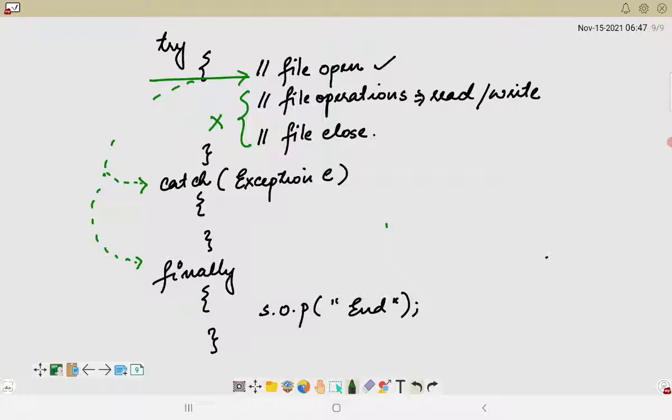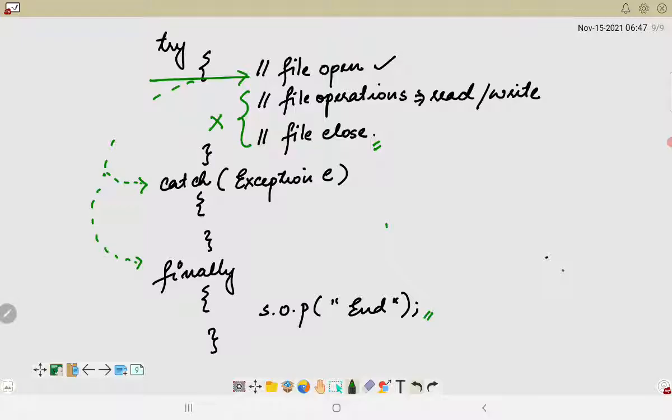So what does it mean? It means that if I'm trying to close the file in the try block itself where the exception might occur, chances are there that the file might never be closed, or a database connection which we are trying to open will never get closed, and the program will go for an abnormal termination. So we do not want this situation to occur, and hence we have to mention the closing of the file within the